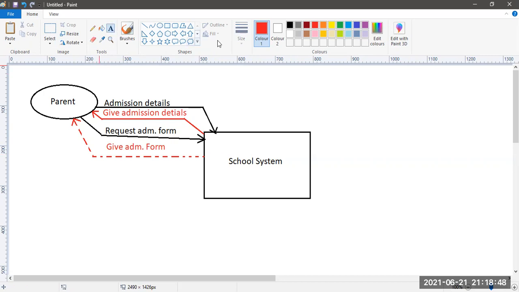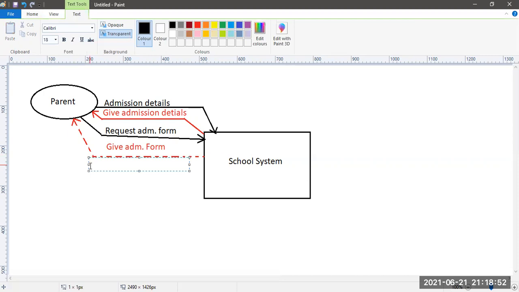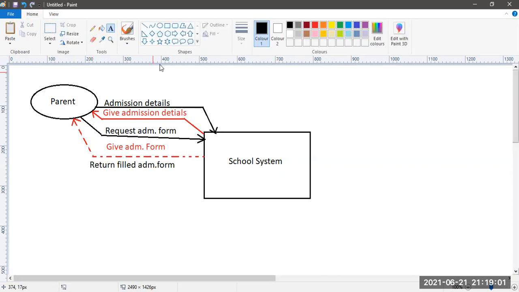Then let's say return filled admission form. Okay, the parent is going to return the filled admission form. We're going to come here.